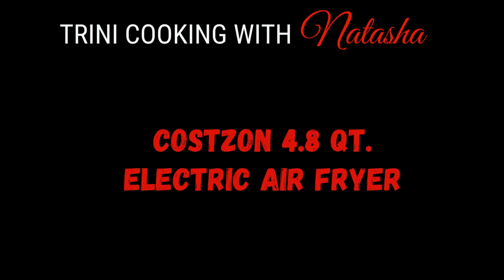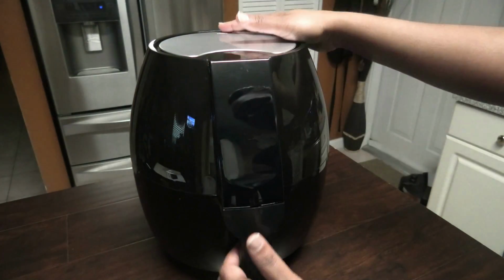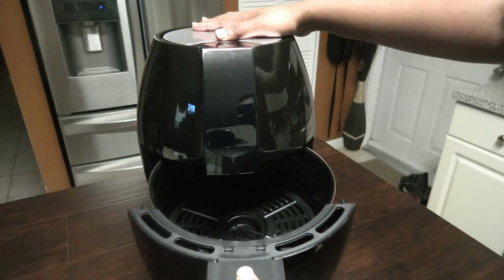The Costzon electric air fryer. If you guys are obsessed with fried food and worried about your calorie intake, this air fryer is a nice option for you. The hot air circulation system makes it possible to enjoy healthier versions of your favorite foods by